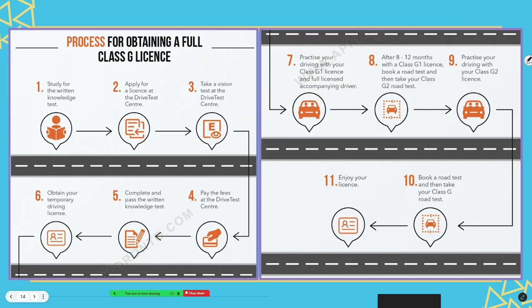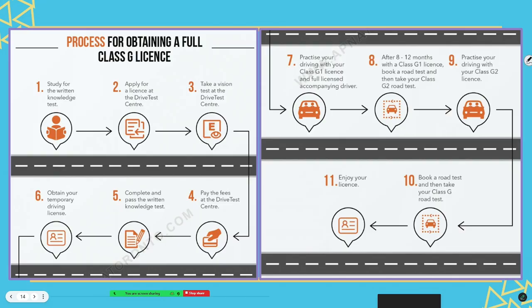Then, after either 8 months if you took the education class, or 12 months, you can book a road test. And if you pass your road test, you get your Class G2. With the G2, you practice your driving. You still have some restrictions on you. You still have to have a 0 blood alcohol level and the number of working seatbelts, but you don't have that curfew anymore. Once you've done that for 12 months,